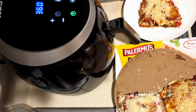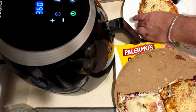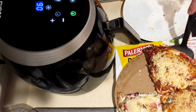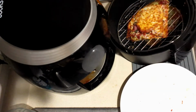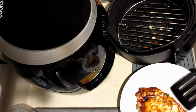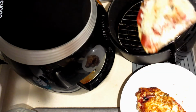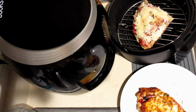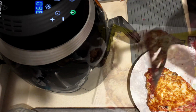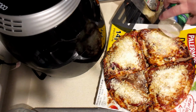So I use my box to keep my pieces of pizza on once they're cooked, and just in and out, and that keeps, if there is any liquid on there, it just kind of soaks it all up. It works pretty darn well. Like I say, if you pre-cook your mushrooms, you won't have a problem with it, but I love mushrooms on pizza. So we got our final slices ready to go, 6 minutes at 360, and then you pull the last piece out,